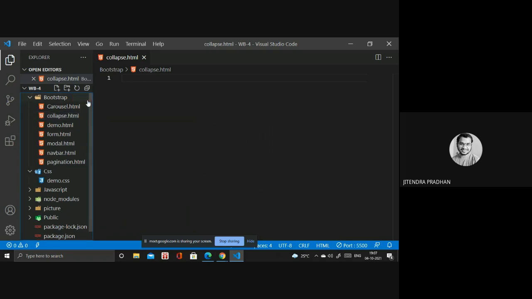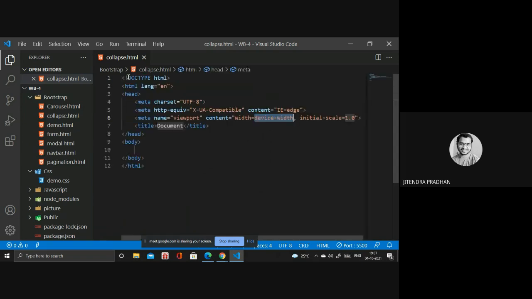Most of us, we have done all the parts. I think we will finish the classes tomorrow, because we have cleared all the concepts in the main topics of Bootstrap. We have left some parts where we are getting errors, like dropdown, and card. We will cover the other parts also. So let's see how collapse works.